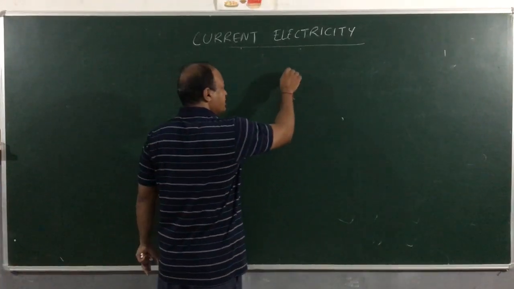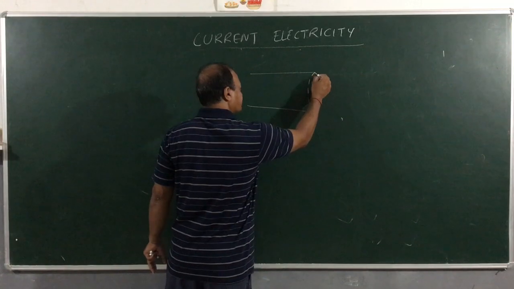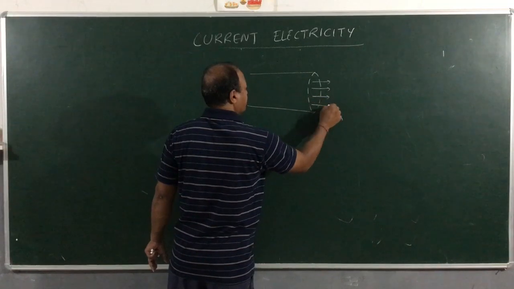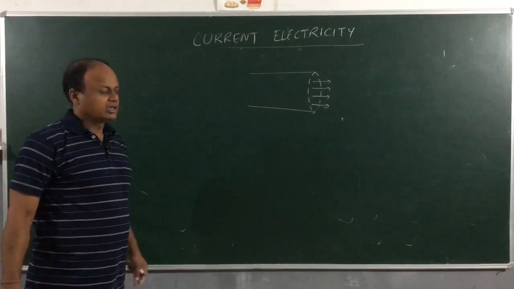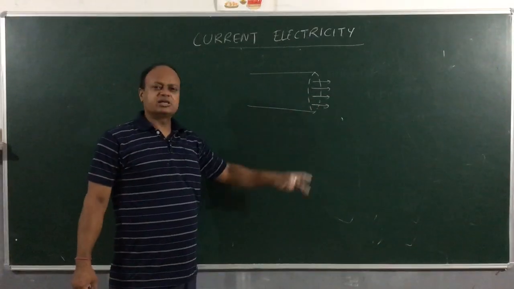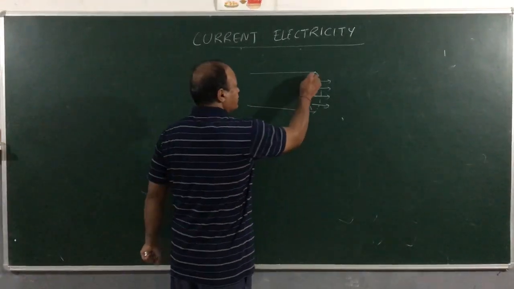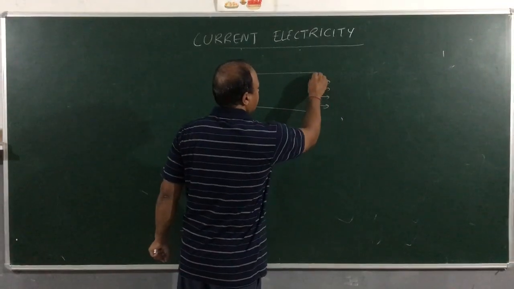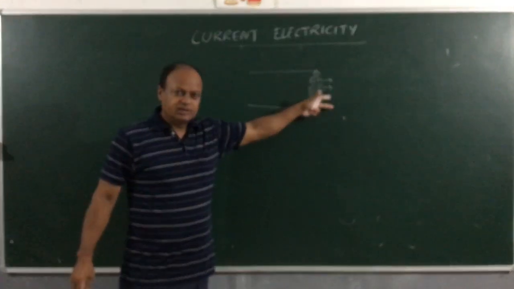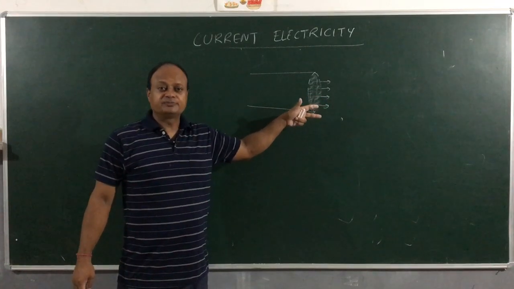Now this is a conductor. Let us see a magnified view. This is the cross section area of the conductor through which current is flowing like this. Now this conductor has a certain cross section area. Current flowing through this is I. Remember this current is flowing through this cross section area. It is perpendicular, meaning it is in the same direction in which the area vector is directed. Remember the area vector we did in Gauss theorem, right?